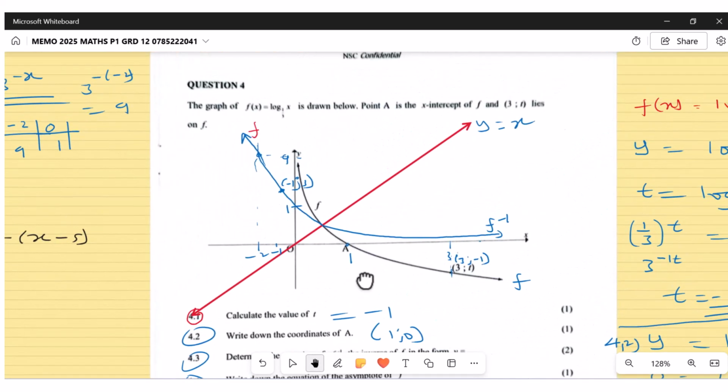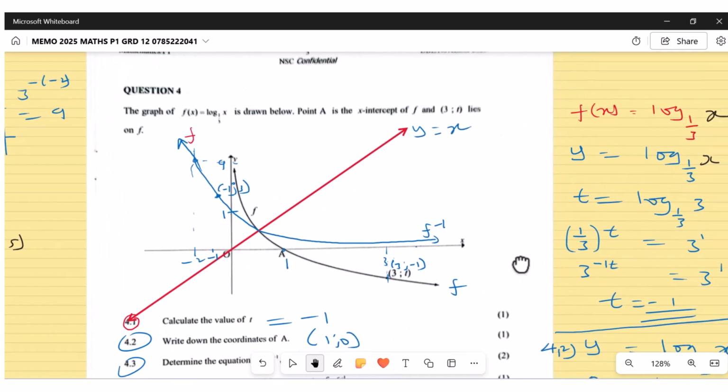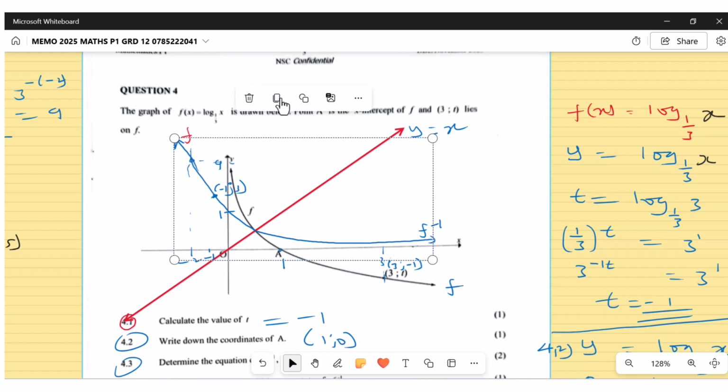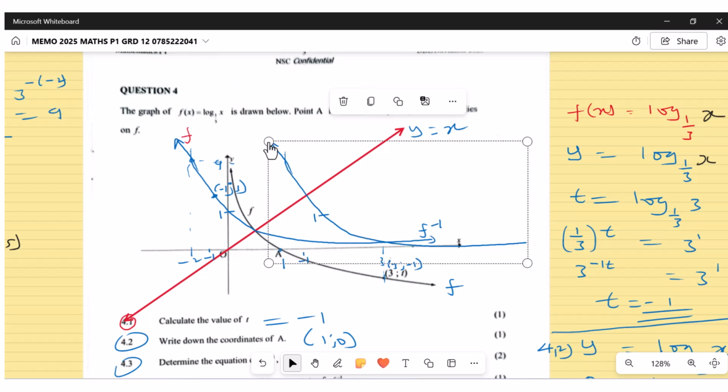You see here it was like this, so if I translate, it goes like this by 5 units. Although I'm translating, it is still above the x-axis, you see here, still above the x-axis, which means that now